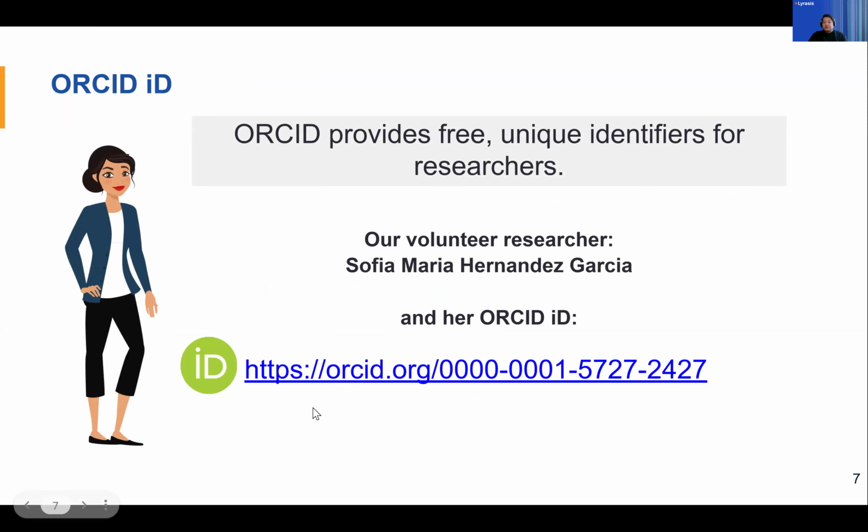All right, so this is an ORCID ID. Like I said, ORCID is free for you all. So you can sign up for one. It should not cost you money to sign up. So for researchers, for contributors, you can get your ORCID ID for free easily. This is our volunteer researcher here, Sofia Maria Hernandez Garcia, and you will see that at the bottom, you'll see an ORCID ID. So really what you're probably familiar with is that set of numbers there towards the end.